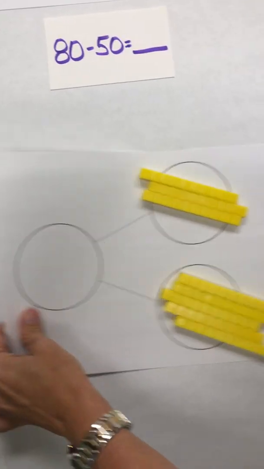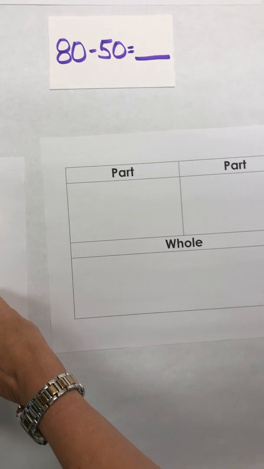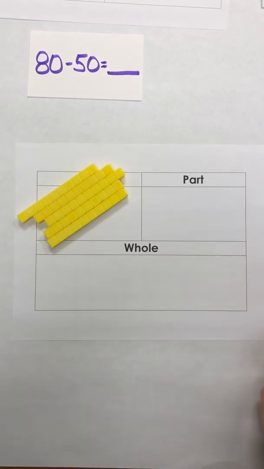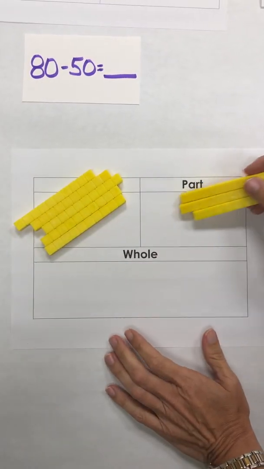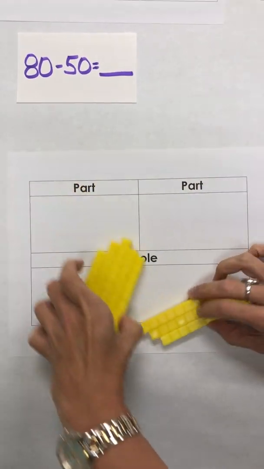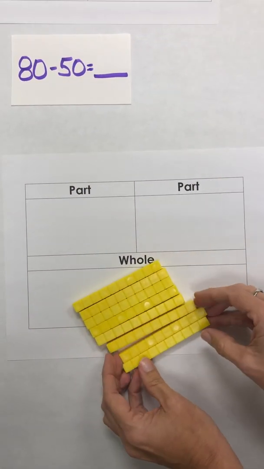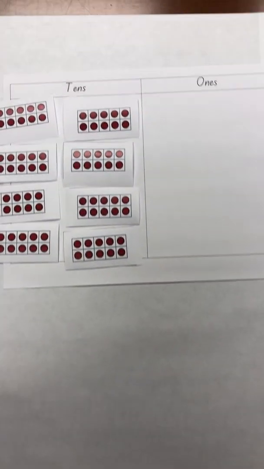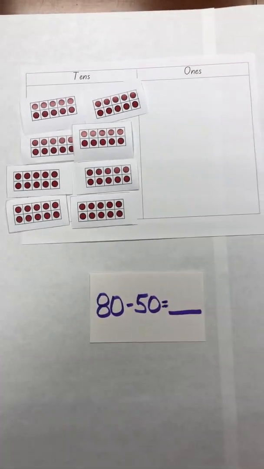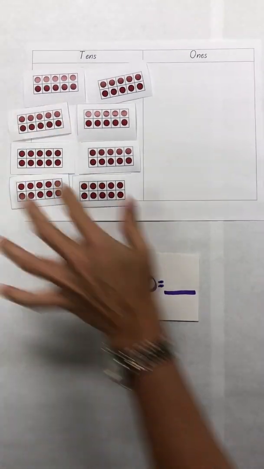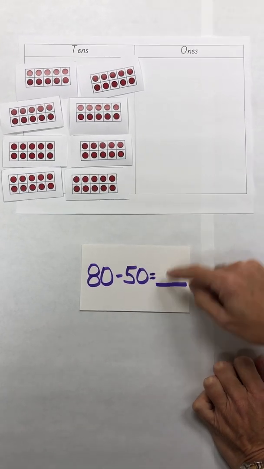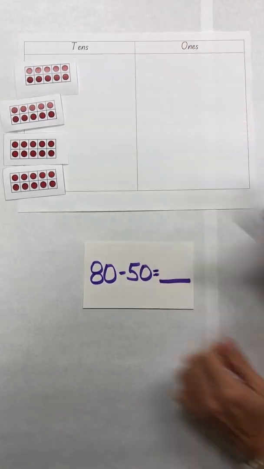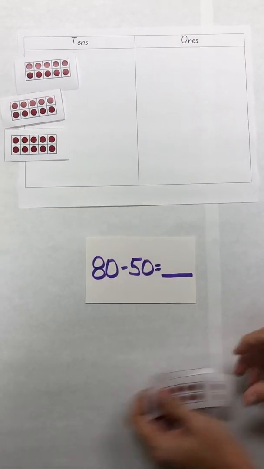You also have your regular part-whole map. One way to think of this is that I've got 50 plus what is going to give me 80, if I think of it as addition. So that's 5 tens plus I would need 3 more tens, and together my whole would be 80. So the 3 here would be the part for that, the 3 tens. So as we move more to a pictorial model, looking at the 10 frames here, I've got 8 10 frames, and I want to take away 5 of those because that's 5 tens. So 1, 2 tens, 3 tens, 4 tens, 5 tens, which would leave me with a difference of 3 tens,